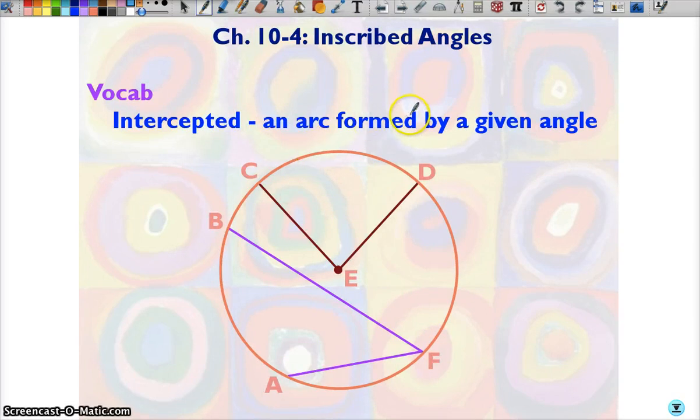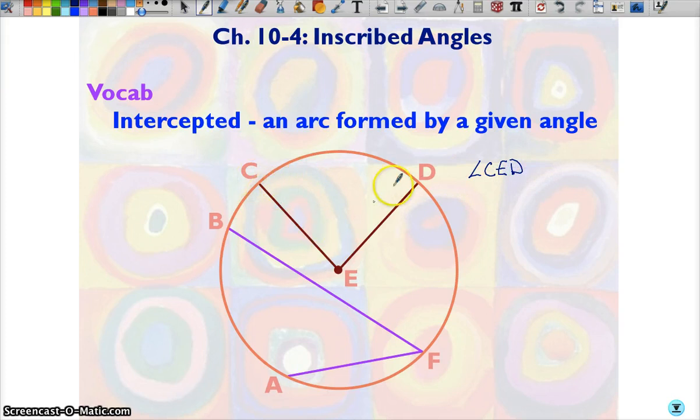Our fourth section, we have inscribed angles. I'm not going to give you a whole lot of information with this, because I am going to make you do a lot of exploration stuff in class. Okay, so just kind of take what I give you, and then we'll do some more when you get here. So our first word is intercepted, and that is an arc formed by a given angle. Now, intercepted is really important because you will see it a lot, and if you don't know what it means, you'll get really confused. So if I was talking about angle CED,